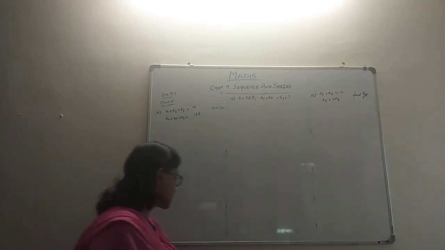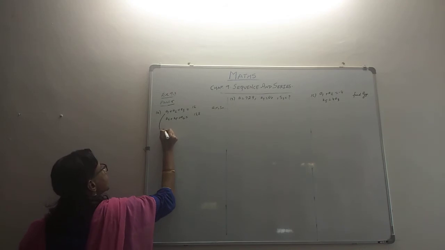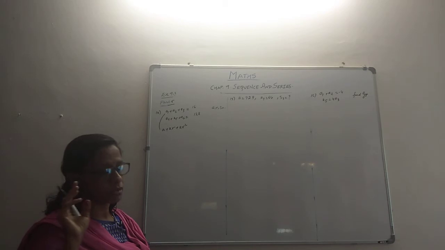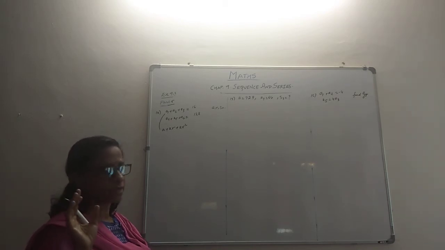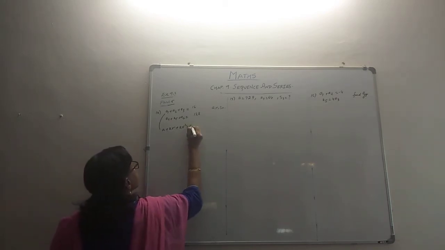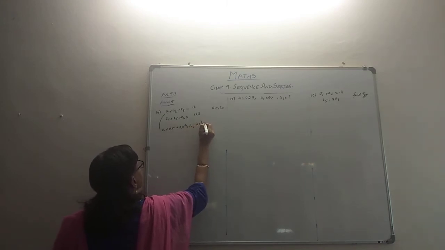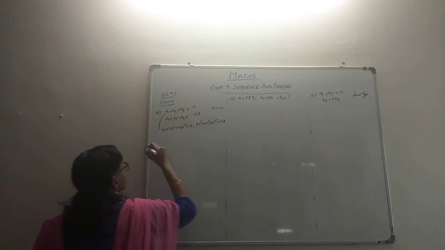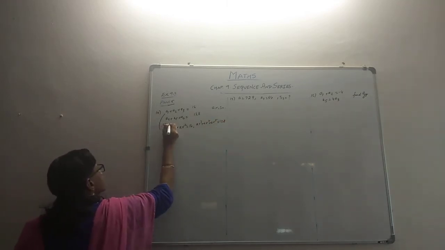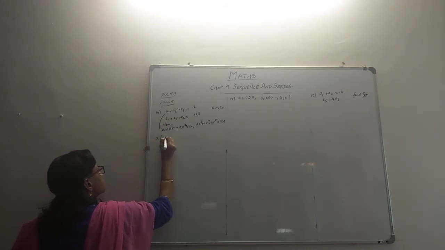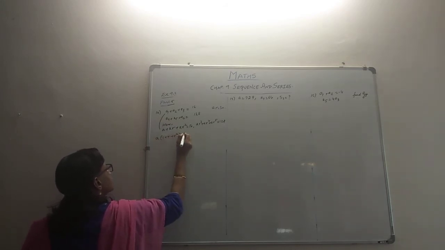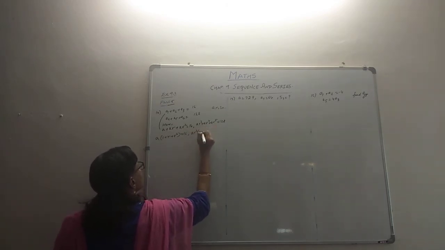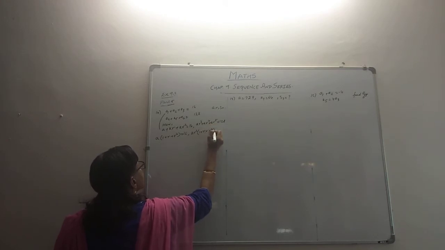We know that a1 could be called as a, this is ar and this is ar squared, because you know that the nth term is ar raised to n minus 1. So that way this is 16, and so also this is ar cube plus ar raised to 4 plus ar raised to 5 becoming 128 according to what's given here. Right. So if you take a common, a times 1 plus r plus r squared is coming to 16, and here if you take ar cube common, then you have 1 plus r plus r squared is 128.